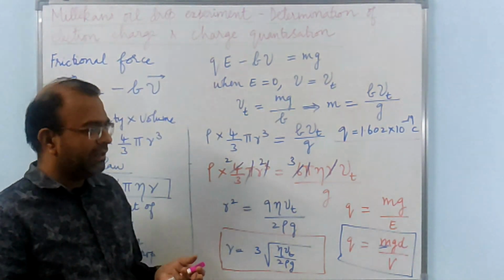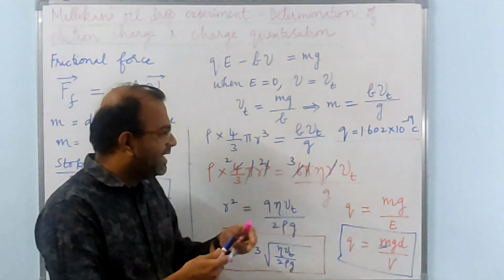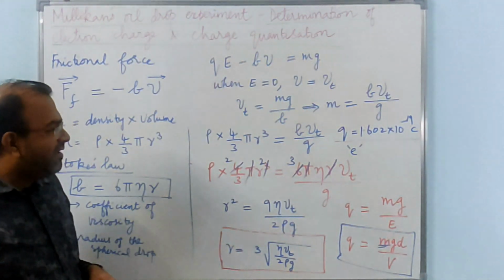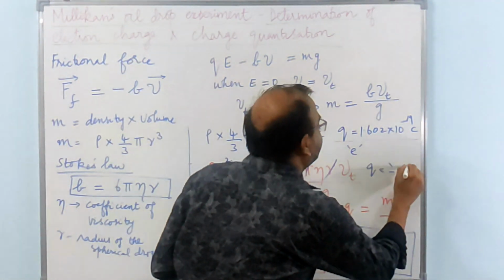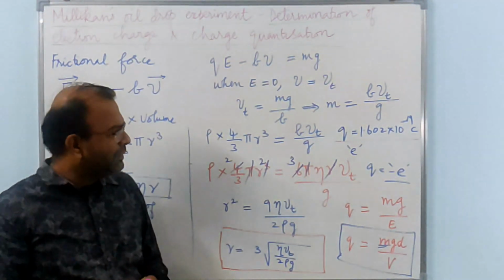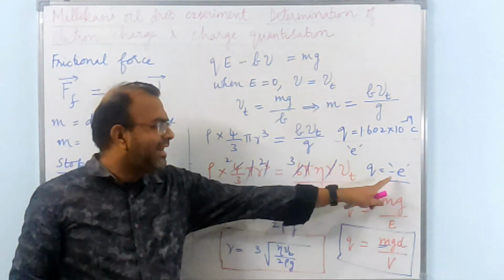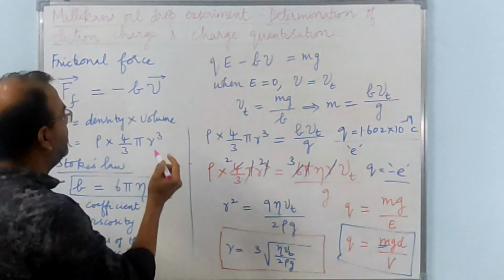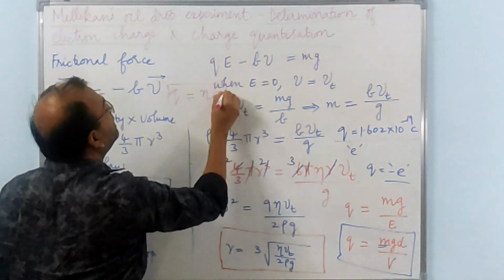Of course, when we quote the charge of the quantum, we say that this is just e. q is equal to e. And when we refer to the charge of an electron, we say that is equal to minus e. So the quantum itself is just a positive amount of charge, which is 1.602 into 10 power minus 19 coulomb. And when we say that an electron has a charge of minus e, that means it is minus 1.602 into 10 power minus 19 coulomb. Thus, the charge on any oil drop in this experiment is q is equal to n times e, where n